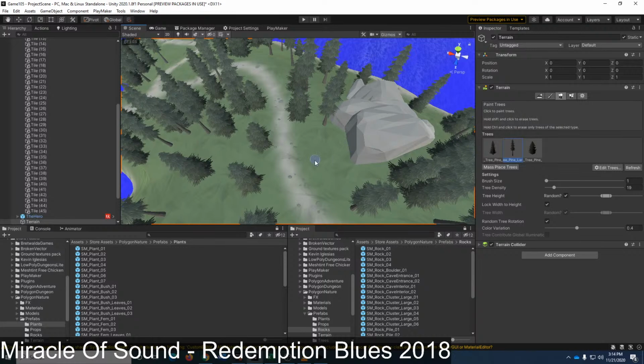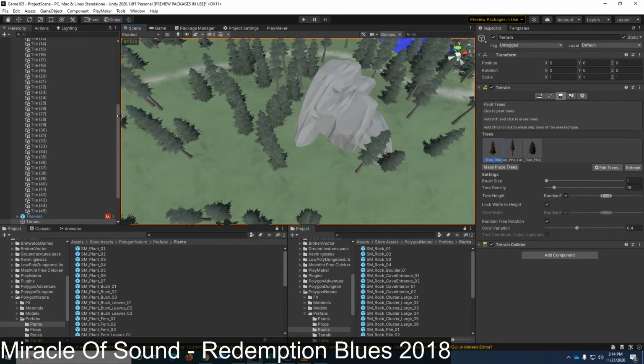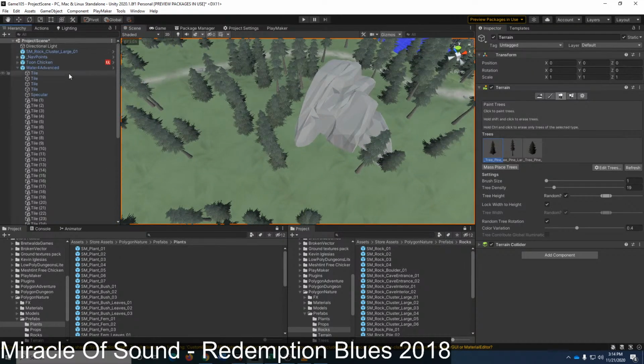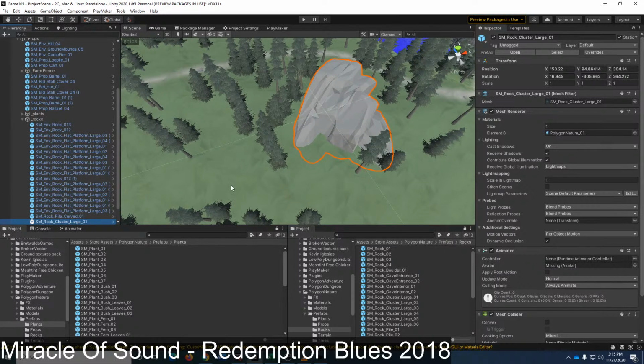That tree's a little bit close. There we go. I don't know why water got selected. Let's get that rock into my rocks category.